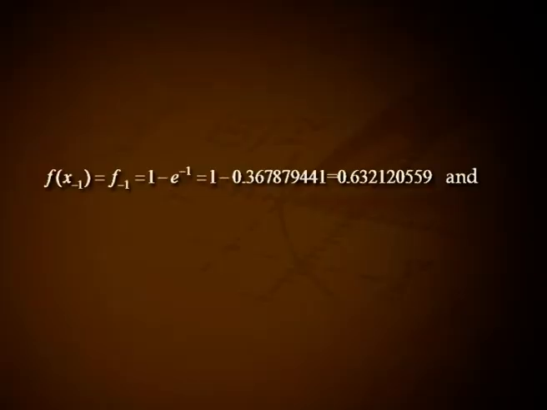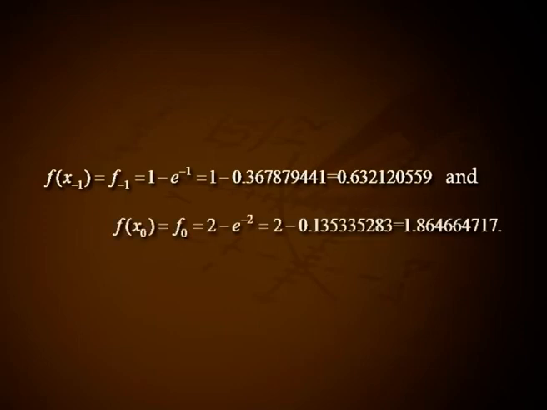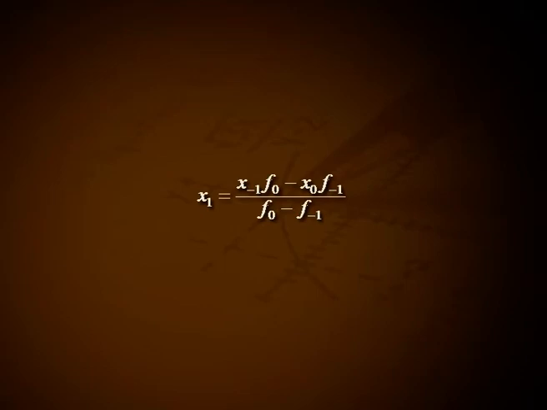f(x₋₁) equal to f₋₁, that is equal to 1 minus e raised to minus 1 equal to 1 minus 0.367879441, that is equal to 0.632120559, and f(x₀) equal to f₀, that is equal to 2 minus e raised to minus 2, that is equal to 2 minus 0.13533528, that is 1.864664717. Step 1. Putting n equal to 0 in star, we obtain x₁ equal to (x₋₁ f₀